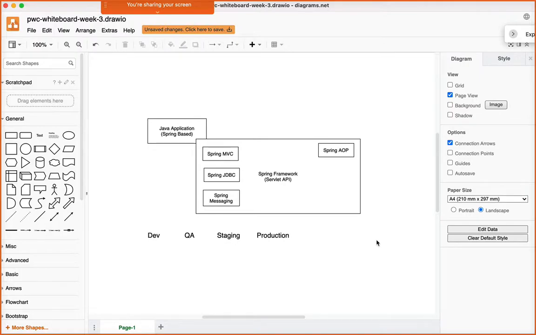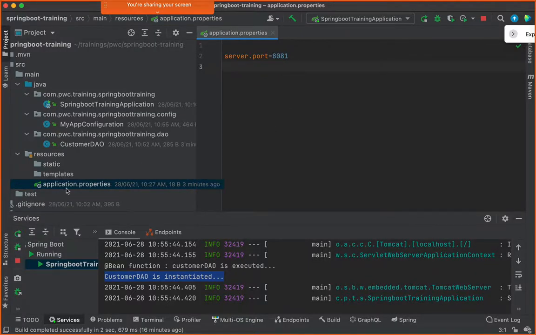So in such a case, you have just one single application.properties file. How Spring Boot works is that it considers the application.properties file as the default file. That means if any property is configured here, it is configured. But if you want to override the value of that property for dev, as well as a different value for production or for QA, then we can very well do it. How do we do it?